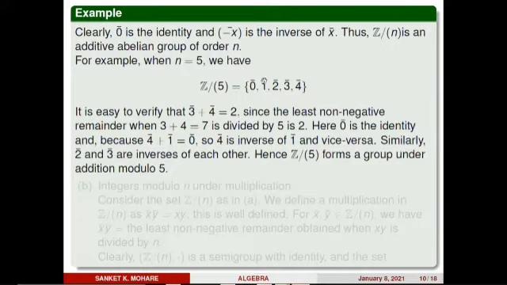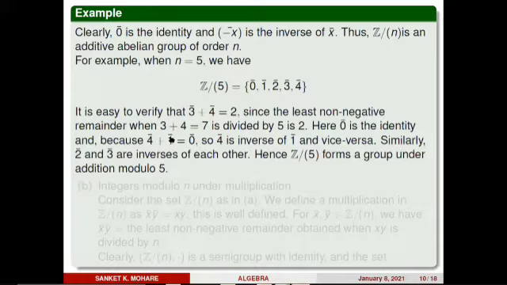Suppose one wishes to find the inverse of 1. How to find an inverse? What is meant by inverse? If a is any element, then we say that b is its inverse if and only if a star b is equal to the identity, where star is the binary operation on that set. So here star is addition modulo n. Here suppose I wish to find the inverse of conjugate 4.